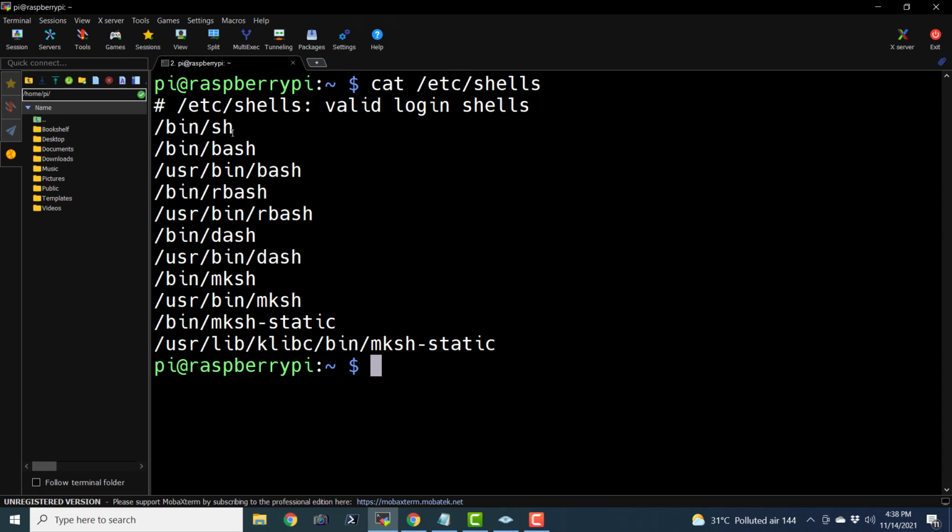Basically we have sh, bash (the Bourne Again shell), rbash, dash, mksh, and mksh-static. These are all the shells available with this Raspberry Pi Raspbian OS. You can install an additional shell with sudo apt install and the name of that particular shell.